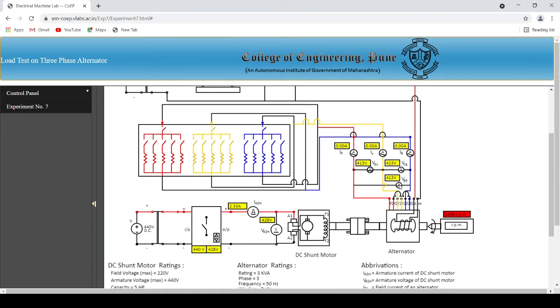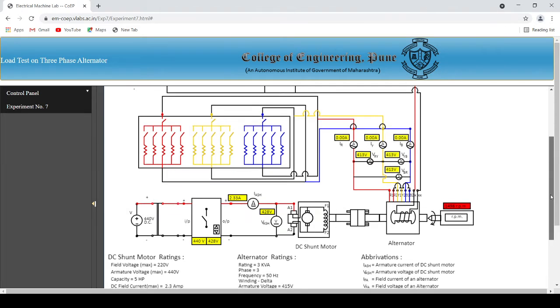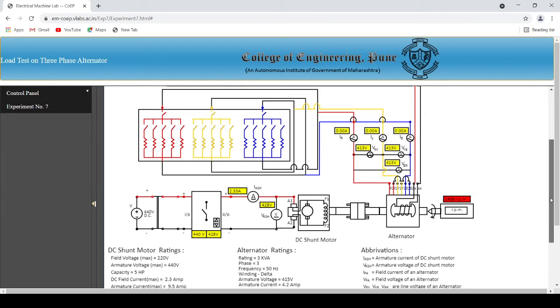Due to increasing this armature voltage, there will be slight fluctuation in the revolutions per minute. That's why we get 1498 instead of the 1500, which I already said. As per the rating, the field excitation is done by closing the field circuit, and the voltage is increased till 415 volt is reached. Now we can start proceeding with the readings.